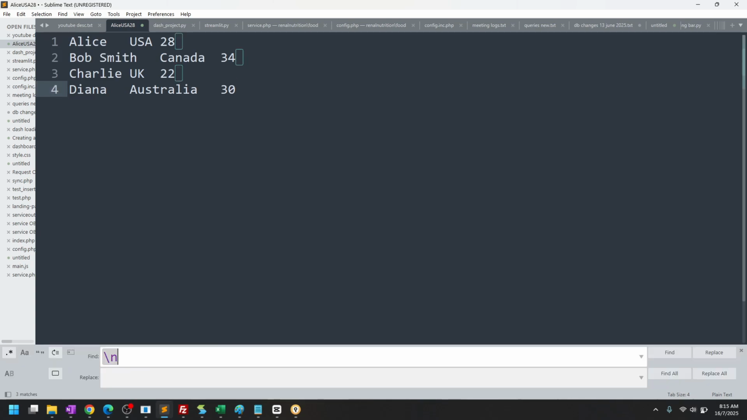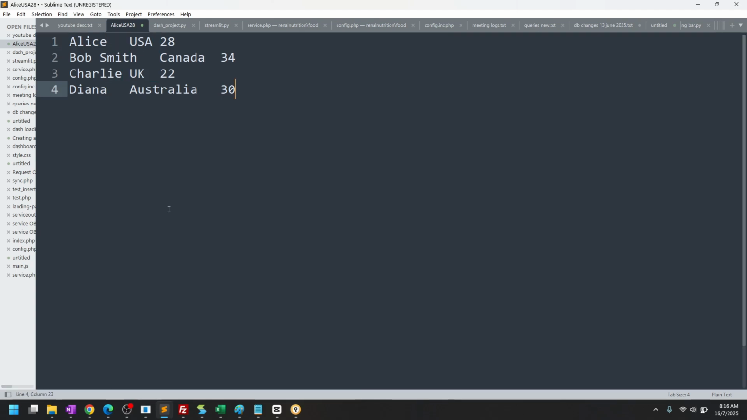The first one is you need to replace the \t, which is the column separator from Excel, and then you replace it with double quote, comma, double quote. So one quick tip here, if sometimes